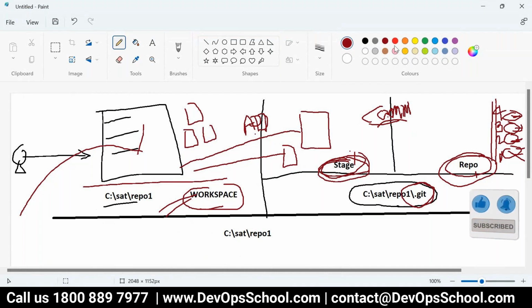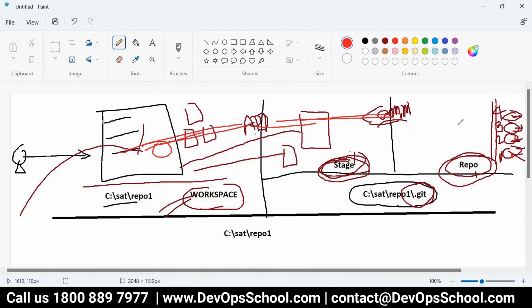So this is commit one, commit two, commit three, commit four. It's very simple. Modify the code, add, commit: one. Modify the code, add, commit: two. Modify the code, add, commit: three. Modify the code, add, commit: four. Where do you modify and see the files? The workspace.